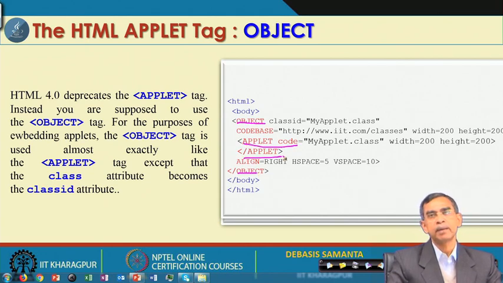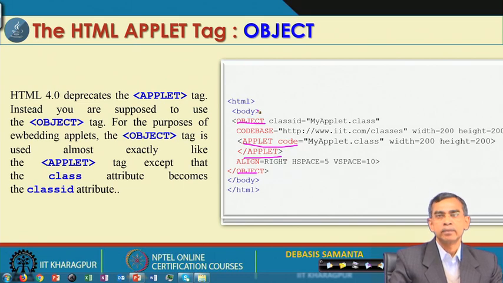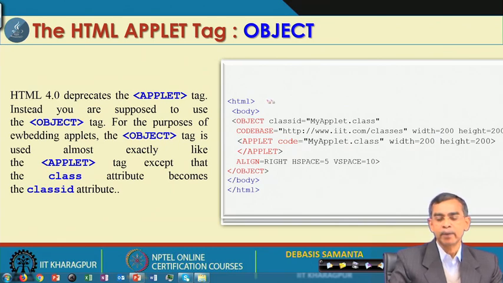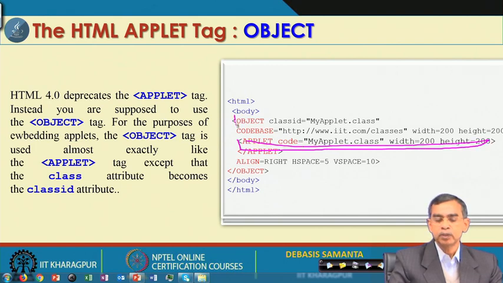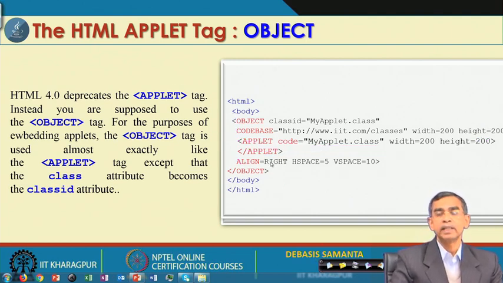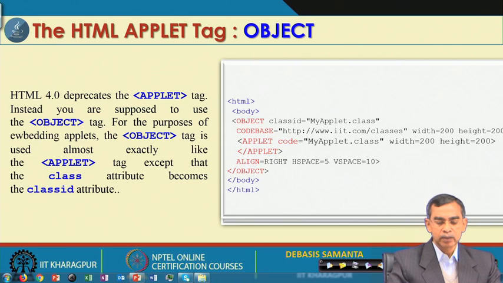If your browser supports HTML4, then object will not be applicable to that browser, so it will be ignored, but applet will be considered. On the other hand, another browser which supports HTML5 will consider only the object, and the applet portion will be ignored, and the file will be successfully browsed. So, both object and applet can be merged together to make it more compatible to your browser system.